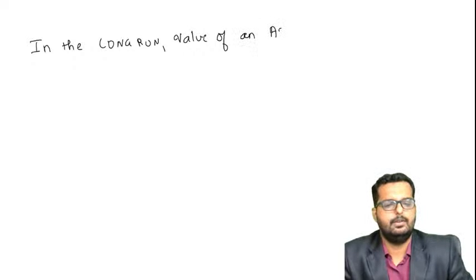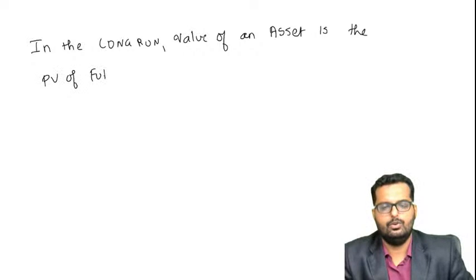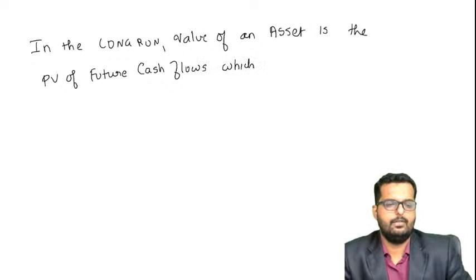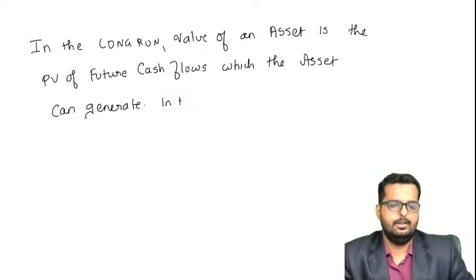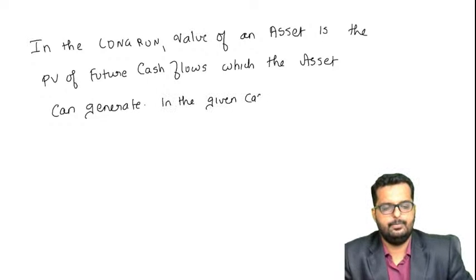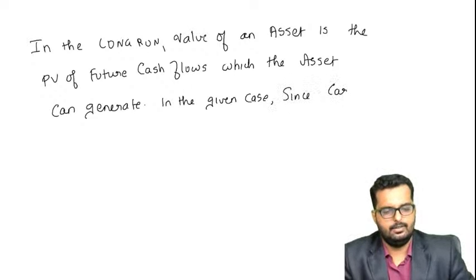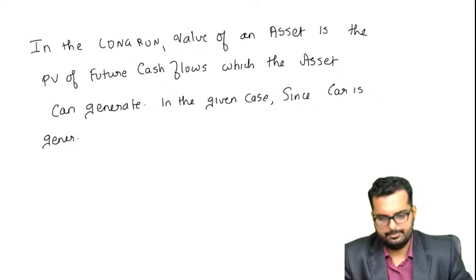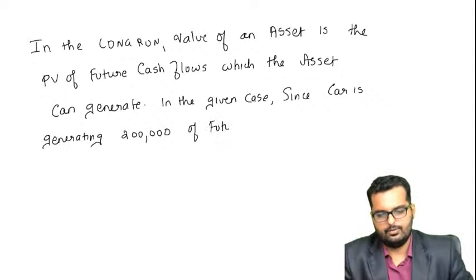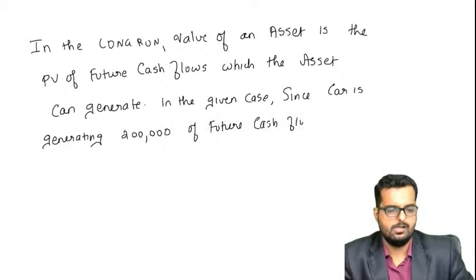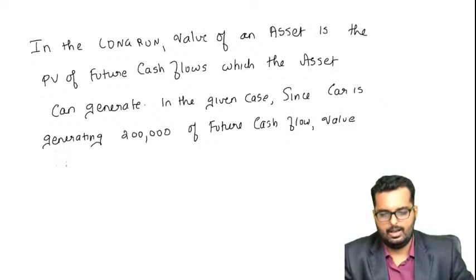Value of an asset is the present value of future cash flows which the asset can generate. In the given case, since the car is generating 2 lakhs of future cash flow, value today